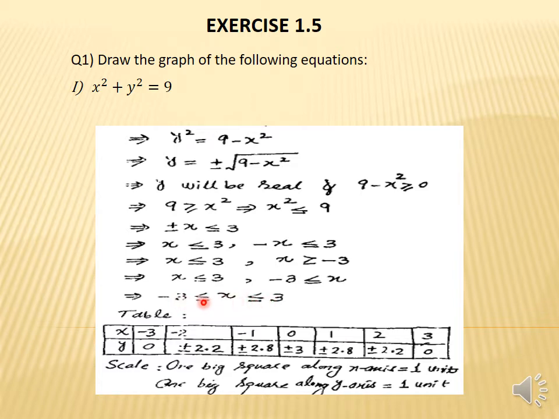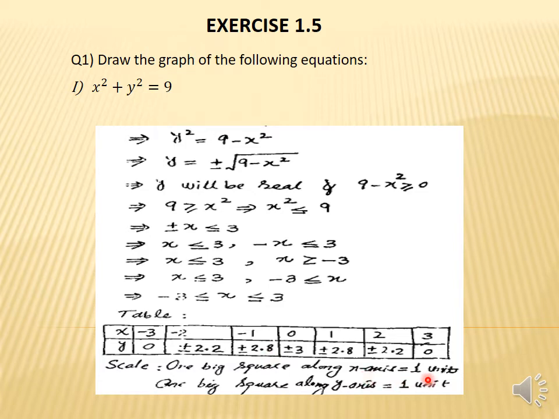So similarly students, what are the values that lie in this interval? Minus 3, minus 2, minus 1, 0, and 1, 2, 3. So we can put all these values in the given function. Let's suppose we put minus 3 in the given function, then the square of minus 3 is 9, minus 9 is 0. Similarly, we put minus 2, then we get this value. Then we put minus 1 in the given function, then we get this value. Similarly, if we put 0, then we get plus minus 3. And similarly, if we put 1, then we get this. And similarly, we can put the next value, then we get this. And similarly, if we put 3, then we get these values.